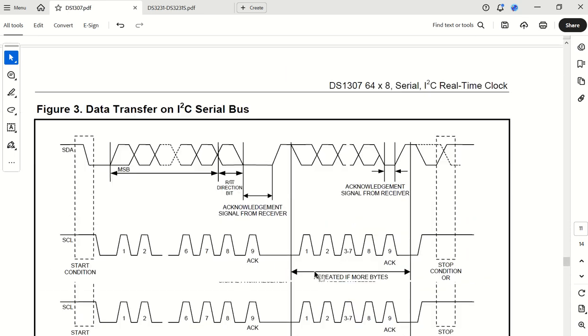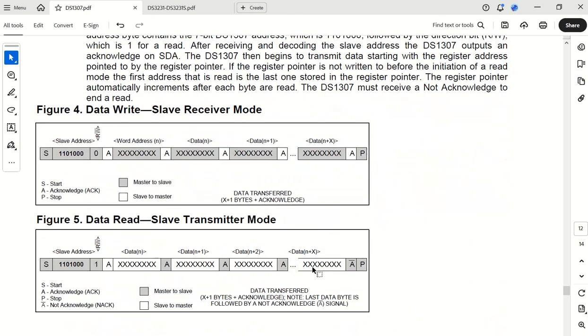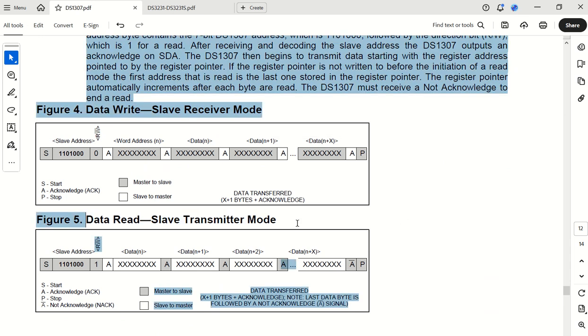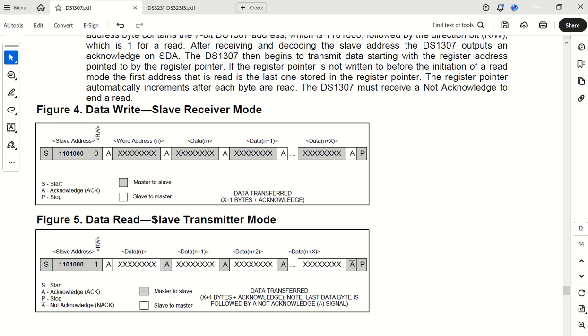But maybe the first thing I want to talk about is how to write data to this specific I2C real-time clock, and also how to read data from this specific clock, which is, of course, the real-time clock will be seen as the slave, whereas your microcontroller will be a master.